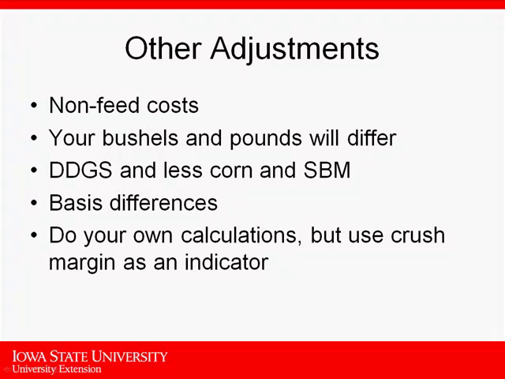There are other adjustments. So we've got the non-feed costs. We just looked at those, and your numbers will differ. Right? Of how much you're paying for grind mix and deliver, how much you're paying for facilities. Your bushels and pounds may differ. So I've got 10 bushels of corn, 150 pounds of meal. Those are nice round numbers in a 200-pound carcass. You may say, well, I've got 205 and 9.5 and 100, and then 100 pounds of distiller's grains.